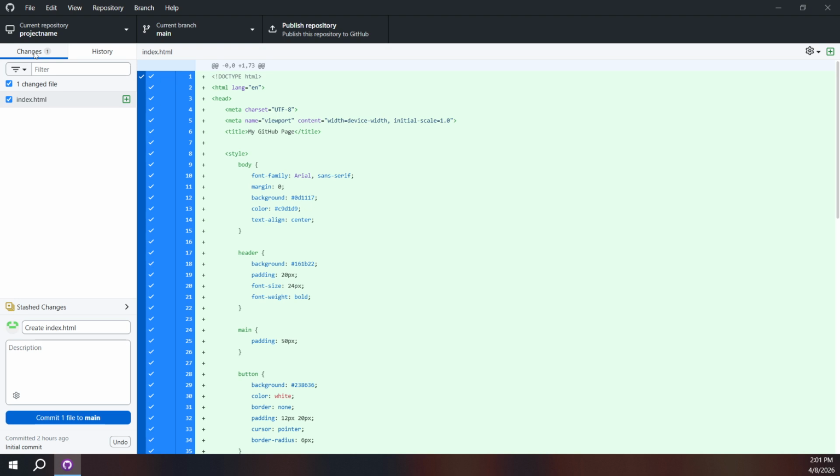Now choose where you want to undo changes. In the file list, identify the specific file you no longer want to modify. If you're not entirely sure, click the file to preview its diff in the main pane. This shows exactly what lines were changed, added, or removed, which helps you confirm you're targeting the right file before